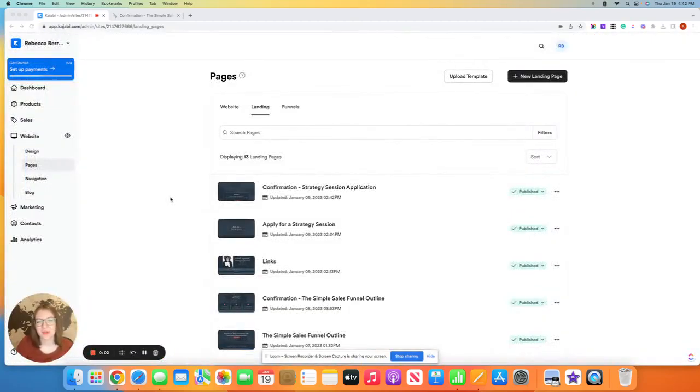Hello, in this training, I'm going to show you how to create a confirmation/tripwire page in Kajabi. So to start, we're going to want to go to the website tab on the left